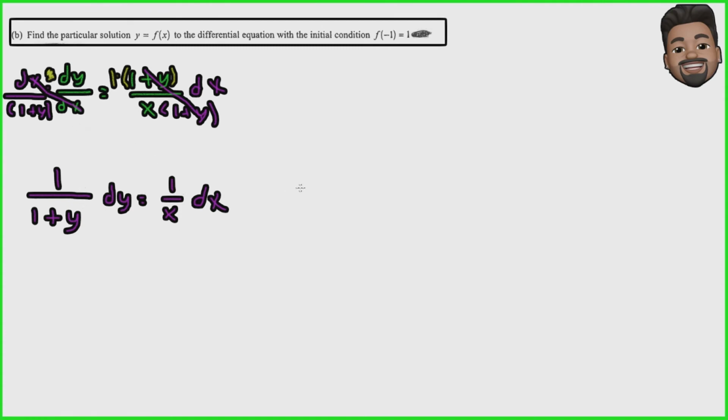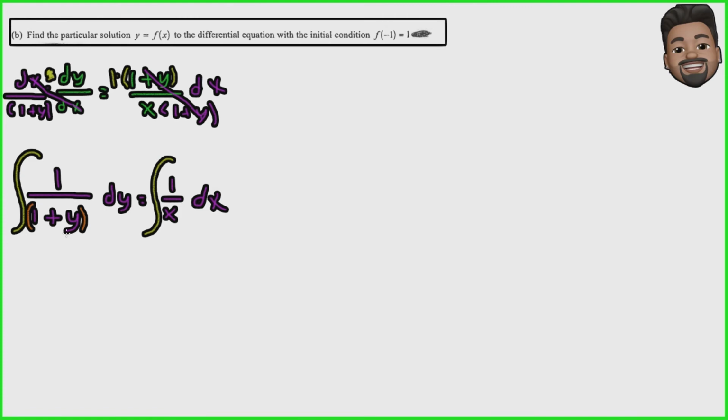So now that we got this down right here, we're in business to go ahead and take the antiderivative of this function. Now, how do I take the antiderivative of this? Well, the biggest thing is to keep in mind that there is no power on y, and this is like a little parenthesis right here that we have on this denominator. Now, when you have a function like this, that should scream to you that we're going to use the property of